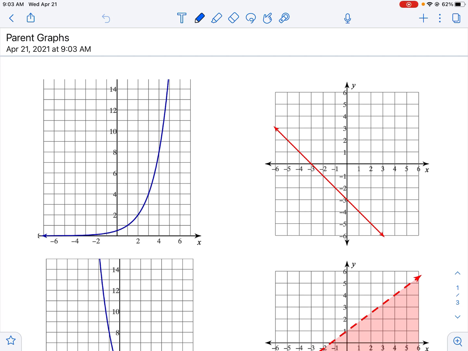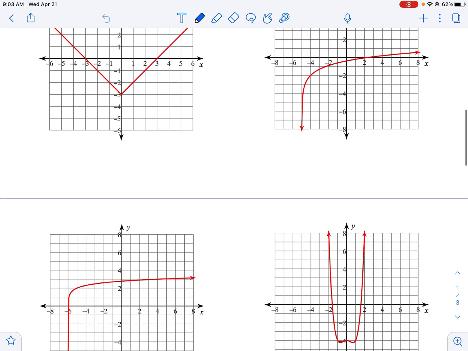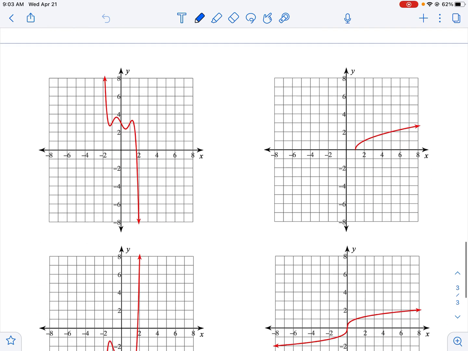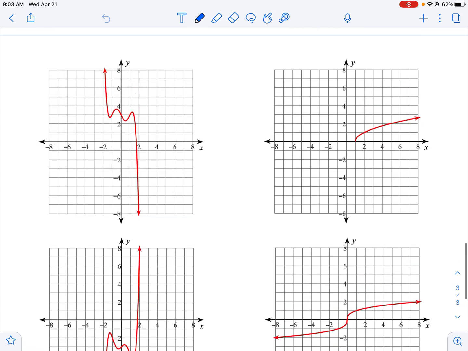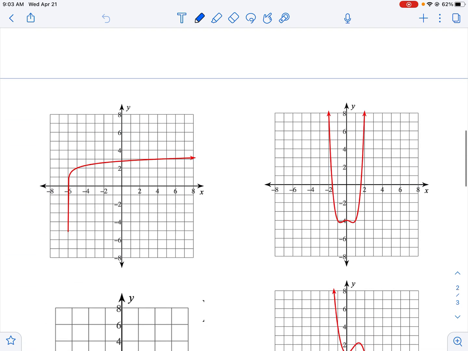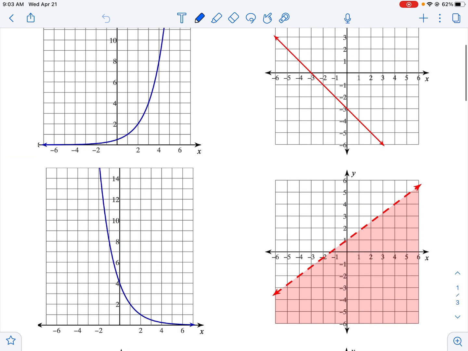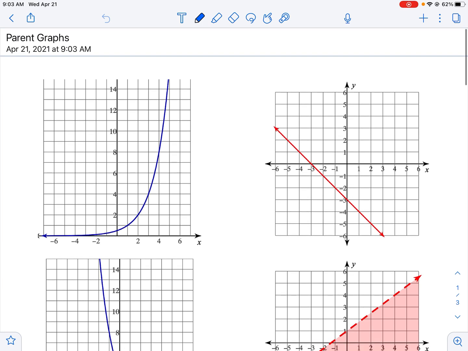This is a quick review on parent graphs. So I'm going to go through, look at several of these, remind you how we identify and what the parent functions are of each, and then you should be able to use this as a resource for your Spiral Review quiz. So in looking at this, this should remind you very much of the graphs that we have used for